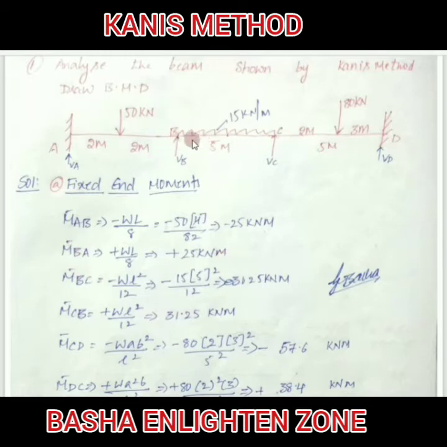Here in the M bar BC span, there will be total UDL, entire load, uniform distributed load acting on that particular span. So what is the formula for that one? Minus WL square by 12, where W equal to 15, L equal to 5. So I am substituting here. After simplifying, you will get a minus 31.25 kilonewton meter. Then again M bar CB means just the sign will change here.